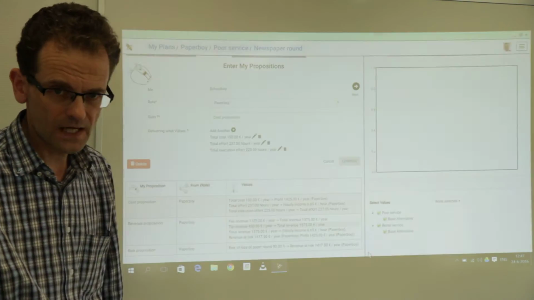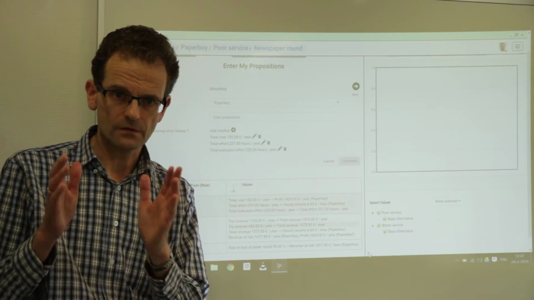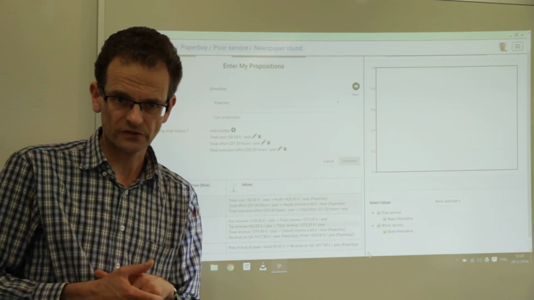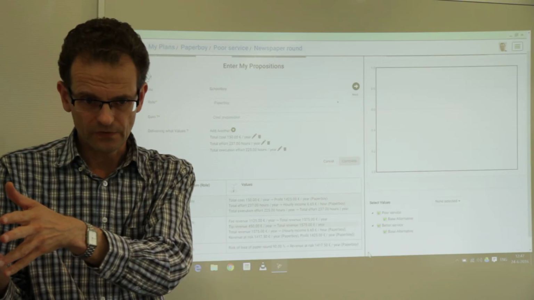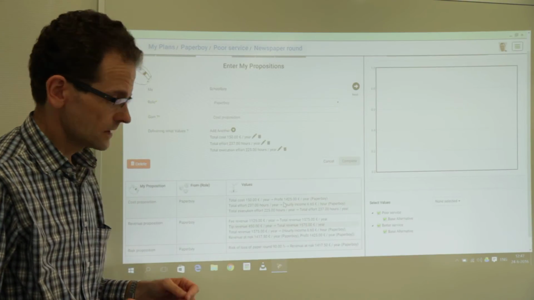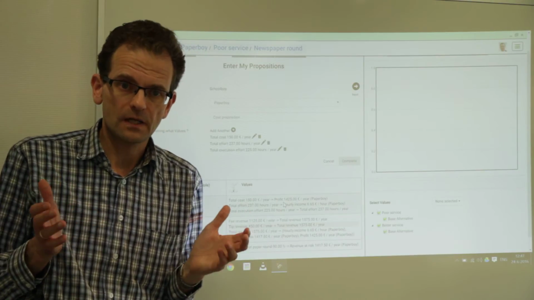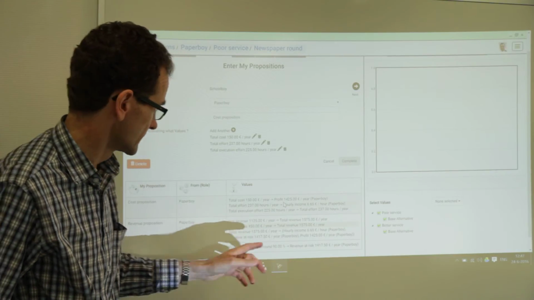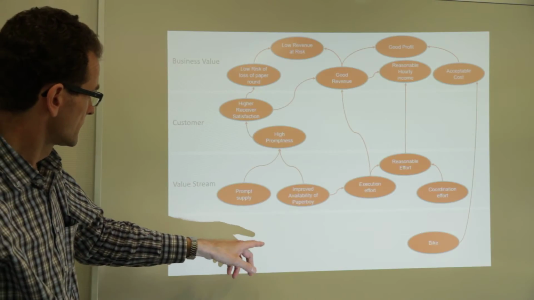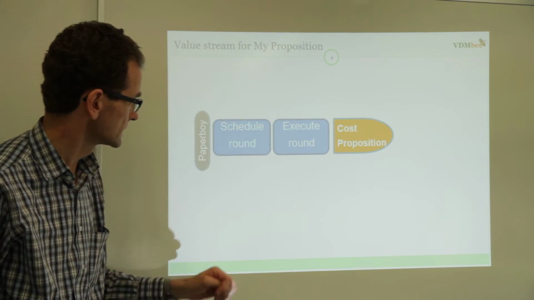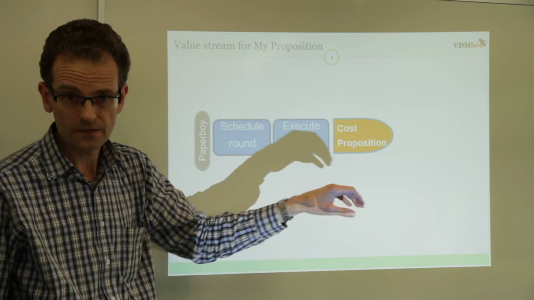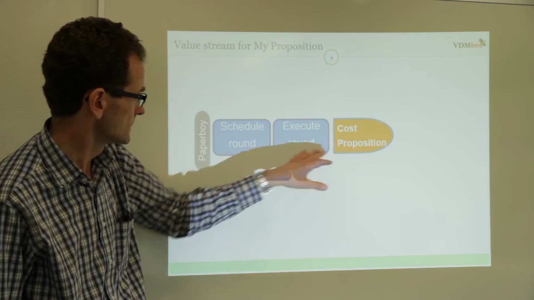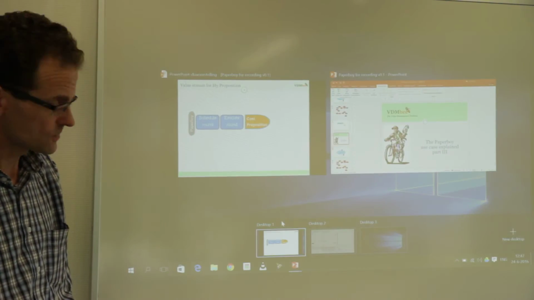You might remember from last time that we talked about a value stream. So there is a value proposition going to the customer, for instance, and activities that are required with their values that they contribute to deliver that value we call the value stream. And my proposition, we talk about my proposition for Paperboy here, is basically also a value proposition, and you can also define a value stream for it. So maybe go to the PowerPoint. Next page, you see here an impression of it. So this is the cost proposition as a value proposition, a special one, and there are activities in the value stream of it. So we go back to the value management platform again,